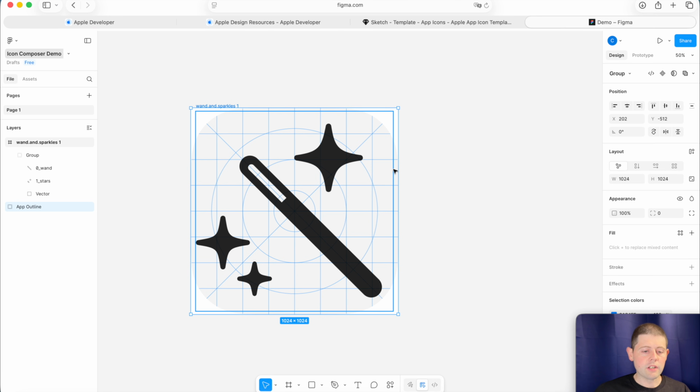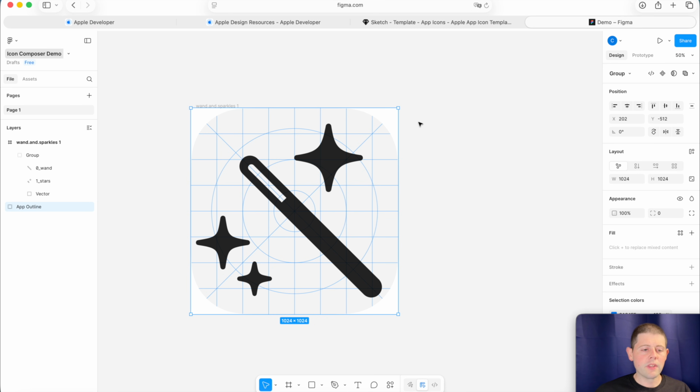And if you're just a basic developer like me and you don't have a ton of design skills, this is really helpful. And I would highly suggest using these resources that Apple provides us for free because they're extremely beneficial. And it doesn't matter if you're just a developer or even if you're the world's best designer in the world. These resources will help guide you to building a great app icon either way. And with that, we are ready to actually start going ahead and jumping in and building out our app icon